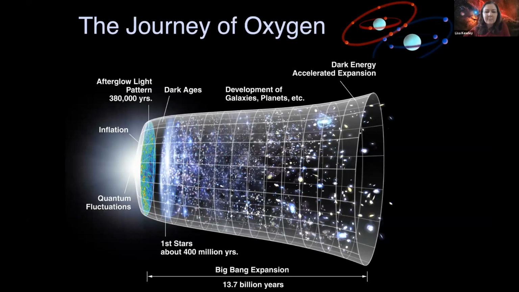And then the rest of the elements were created after that time. And so during the Dark Ages, we just had hydrogen and a little bit of helium in the universe, and then the stars and the galaxies were formed later. So how did that actually happen? If we only started with hydrogen and helium, how did we get everything else?